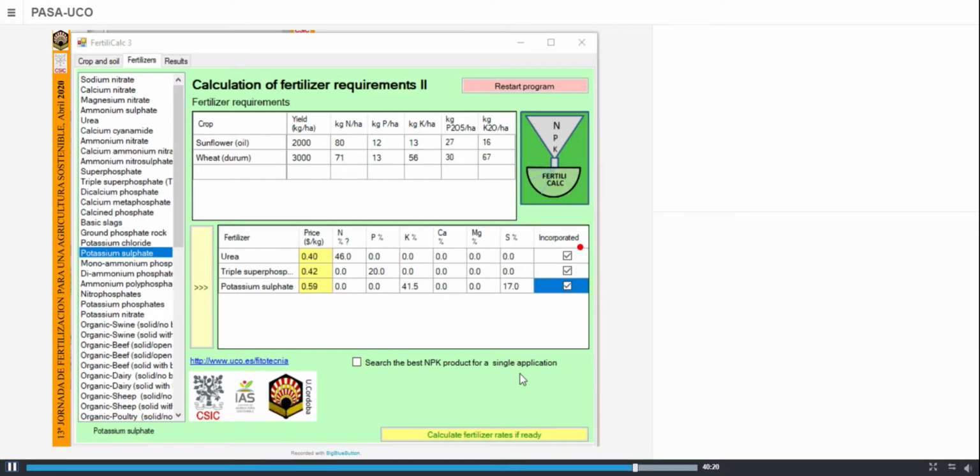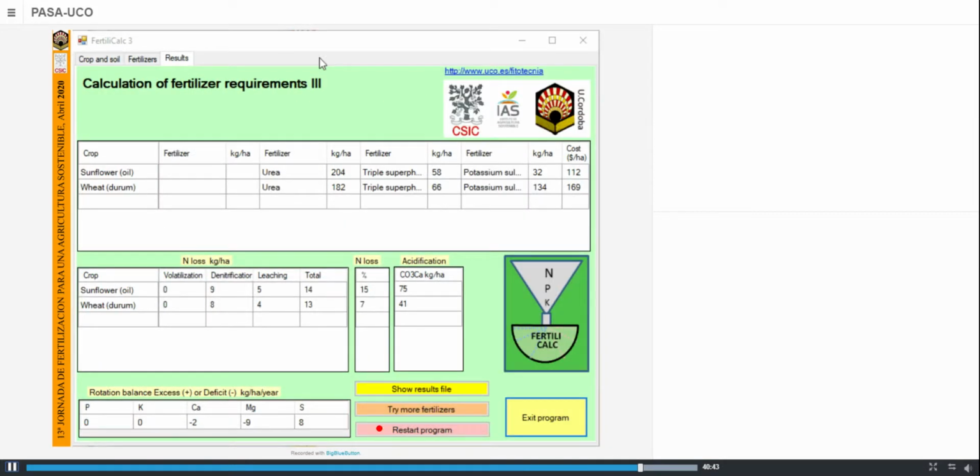That can have important effects on the losses by ammonia volatilization. Once we are done with selecting fertilizers, we click on this box, and then the calculation of the fertilizer amounts will be performed. And then we will see this third